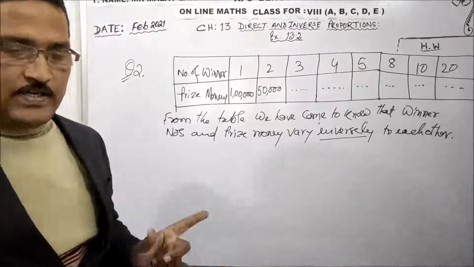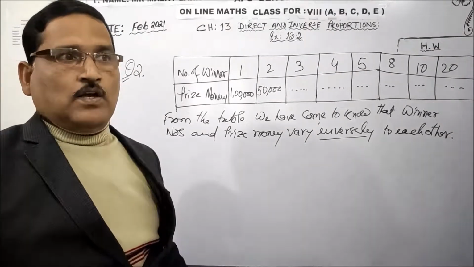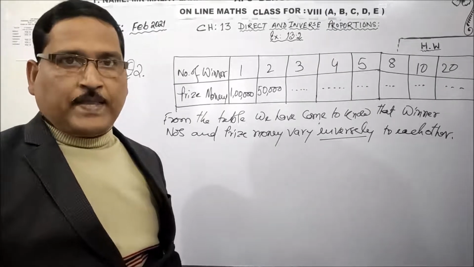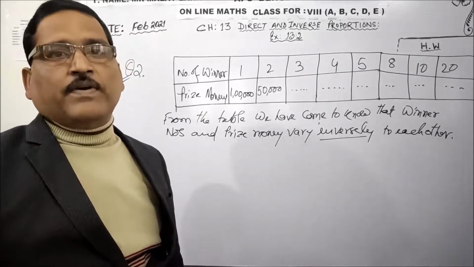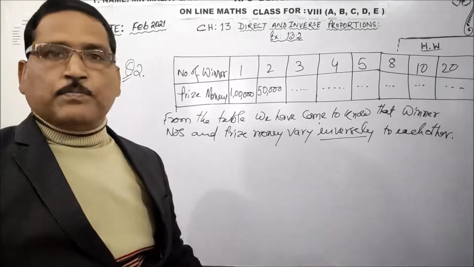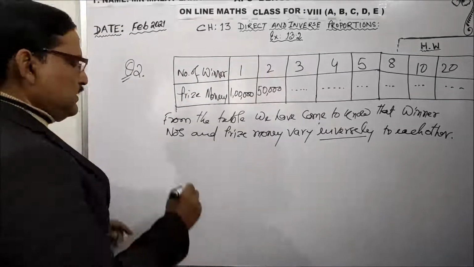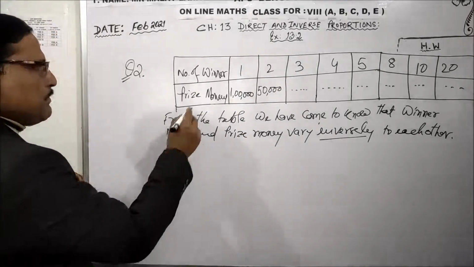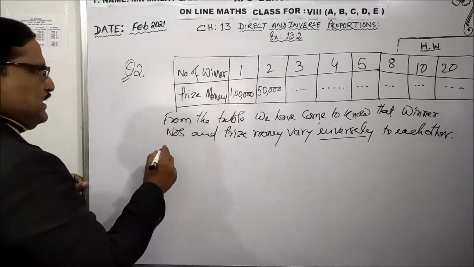We have to decide the situation, whether it is varying directly or inversely. If it is varying directly, then you have to find out the ratio, as I told. And if you have to follow the inverse variation, you have to find out the product. So we have understood they are varying inversely. So the first blank part. Prize money is missing. P. Prize money will be considered as P everywhere.